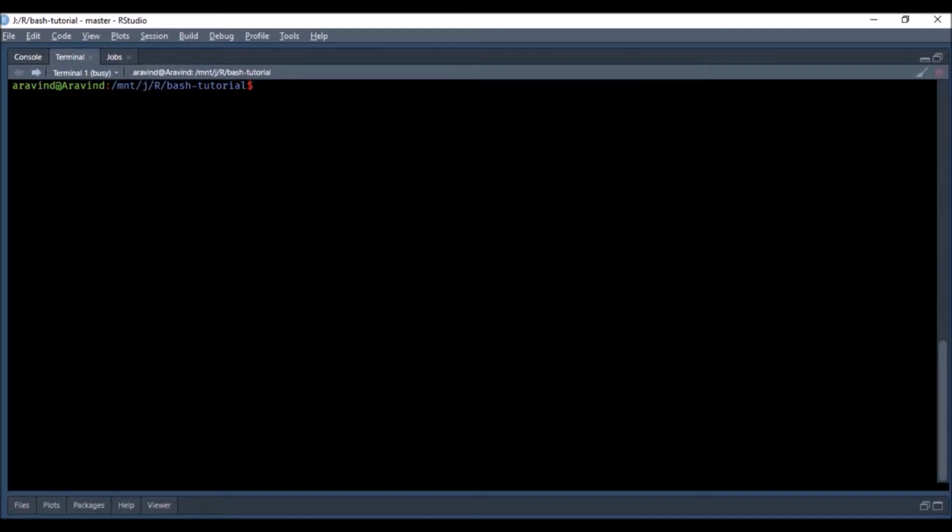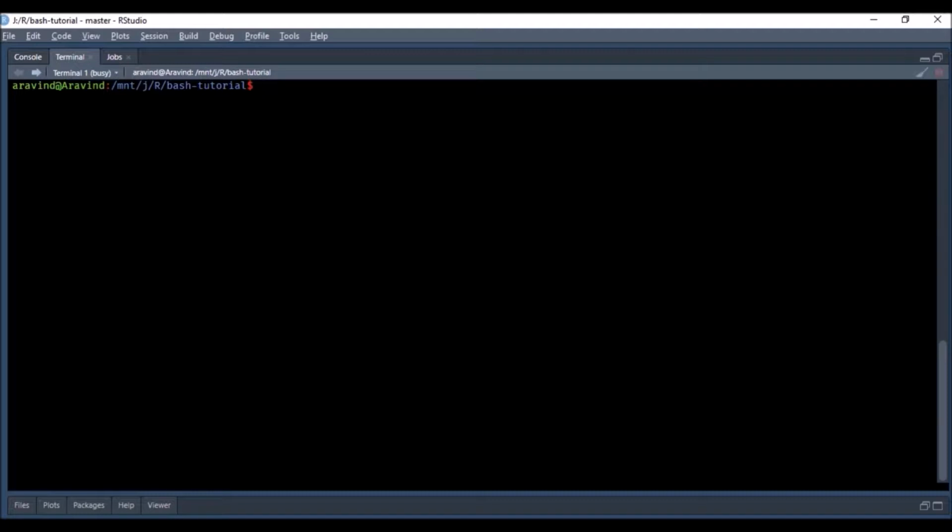Now CP will overwrite files without prompting for confirmation by default, right? So by default it will overwrite existing files, right? So be careful when you are copying files and folders. We'll look at options that will allow us to ensure that we are prompted for confirmation before a file is overwritten, or to very specifically indicate that file should not be overwritten, right? So either we can use an option that will prompt for confirmation, or it will ensure that a file is not overwritten, right? So let us start with